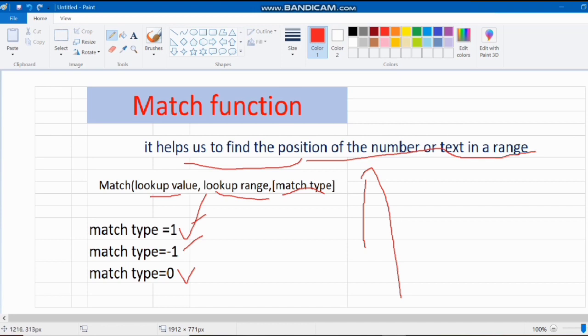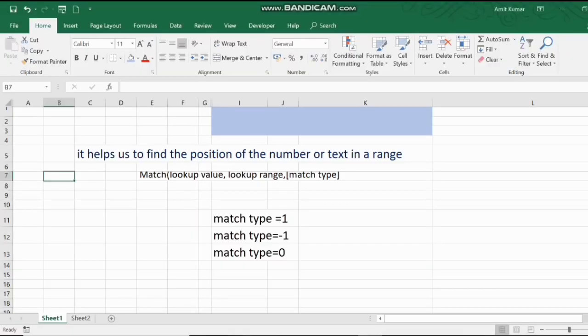And if your data or range is arranged in descending order, then you have to use -1. This will give you the exact value or the value greater than that. Alright, so let's discuss all three via examples.